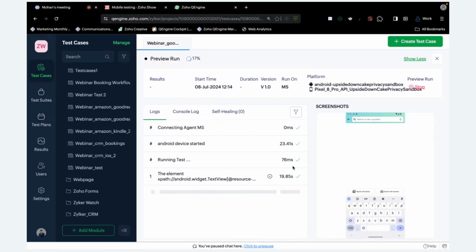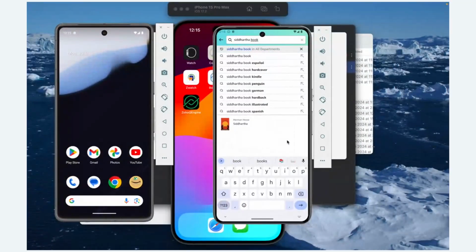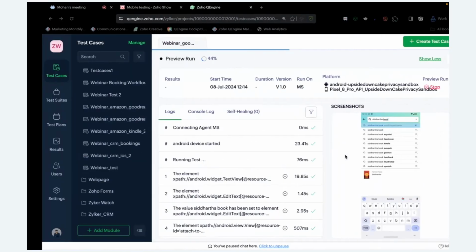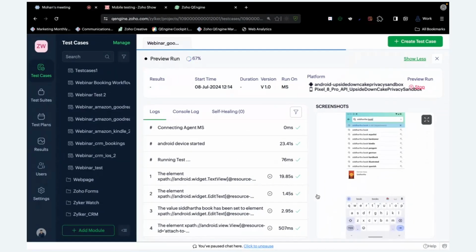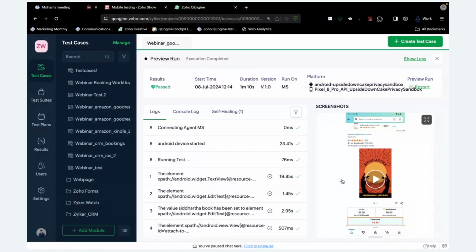As you can see, we are already inside. This is exactly what's happening on the emulator, and whatever is happening here is being relayed inside the application, inside the Zoho QEngine. So as you can see here,